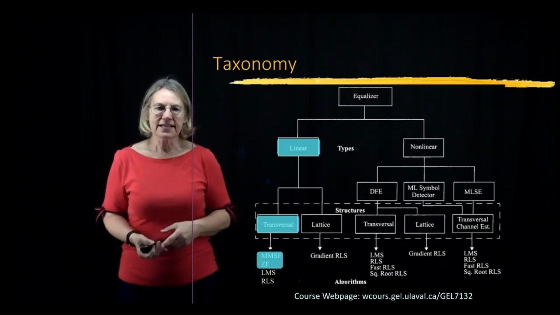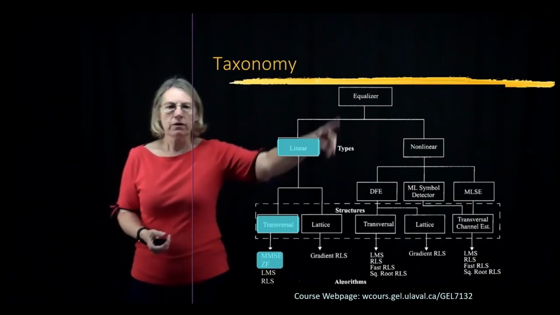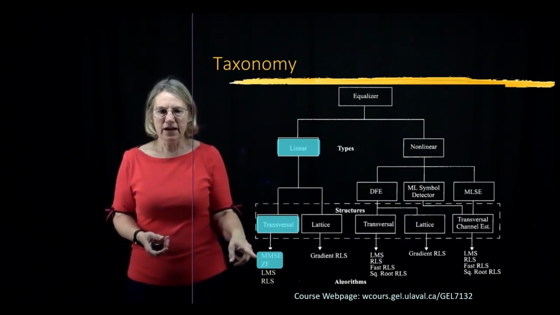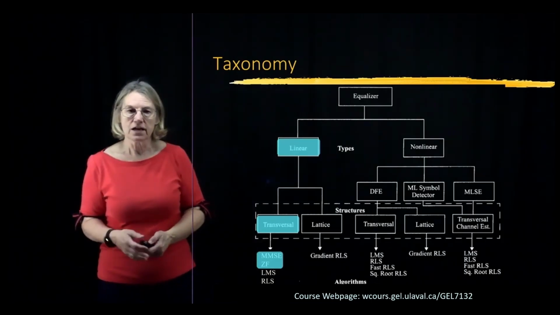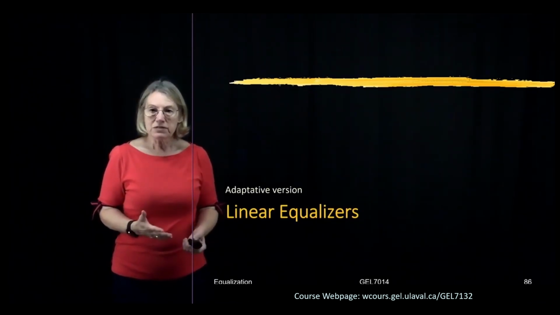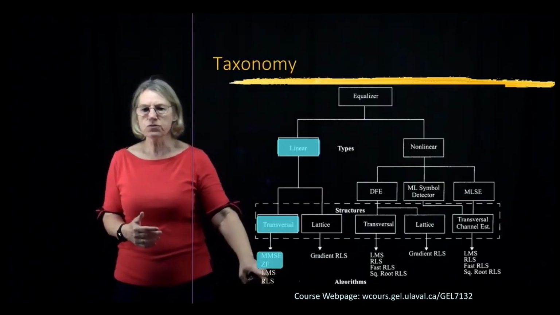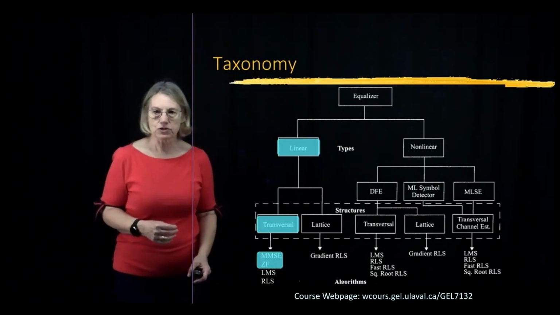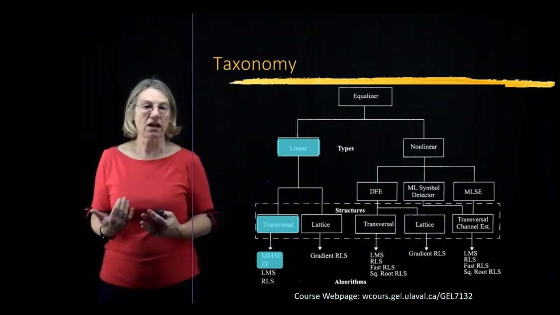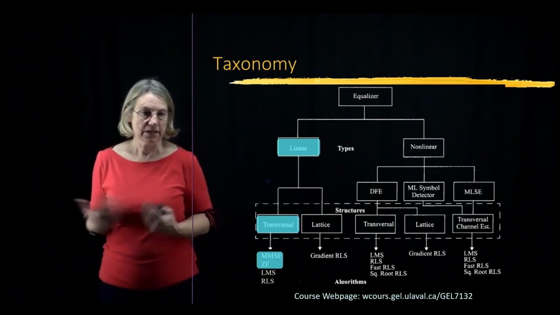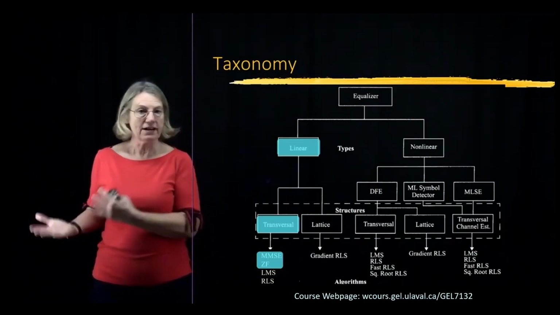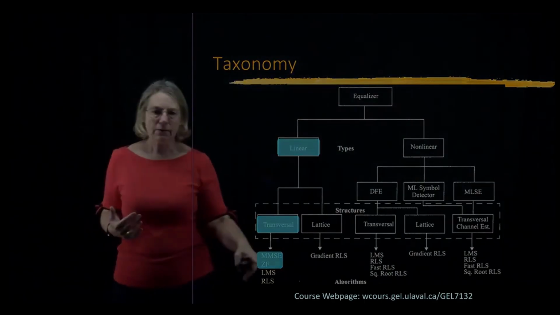So if we look now at the taxonomy, what have we accomplished here? We've looked over the linear, and we've looked over the minimum mean squared error and the zero forcing solutions in the linear regime. Now, what was left afterwards were these last two, and these were the adaptive versions of these filters. So what I've shown you so far has been how do I calculate these when I have perfect knowledge of the channel and the channel is fixed. So what happens if I don't know the channel, or the channel is changing, so even if I knew it, I'd have to find it again and again. Well, then I would use these adaptive